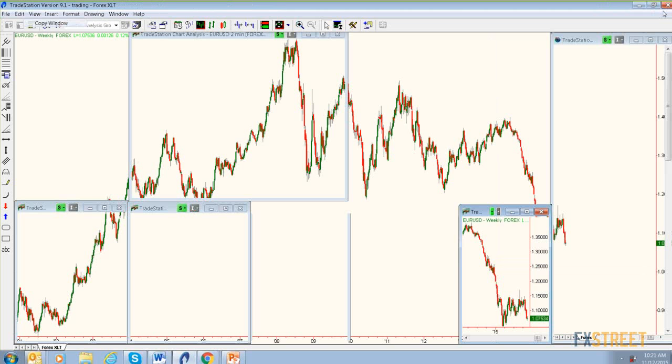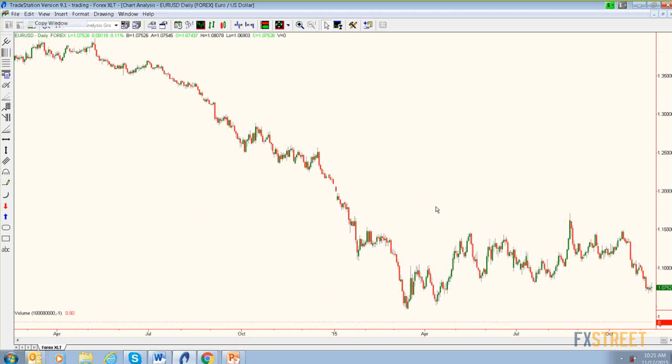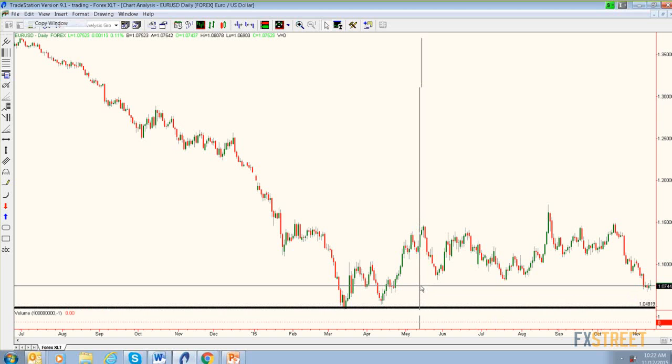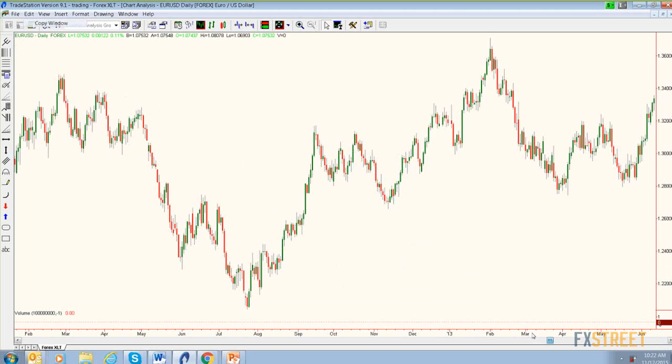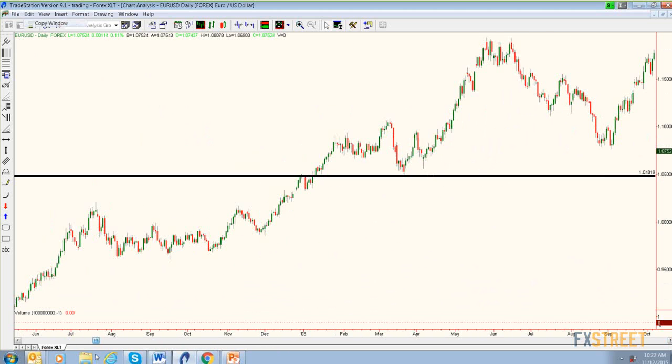Let's go down to daily. Okay, there's the daily. But hang on a second. I know there was a level we were interested in earlier. There we go. Okay, so we had these levels in last time. I'm not sure why they didn't hold, but